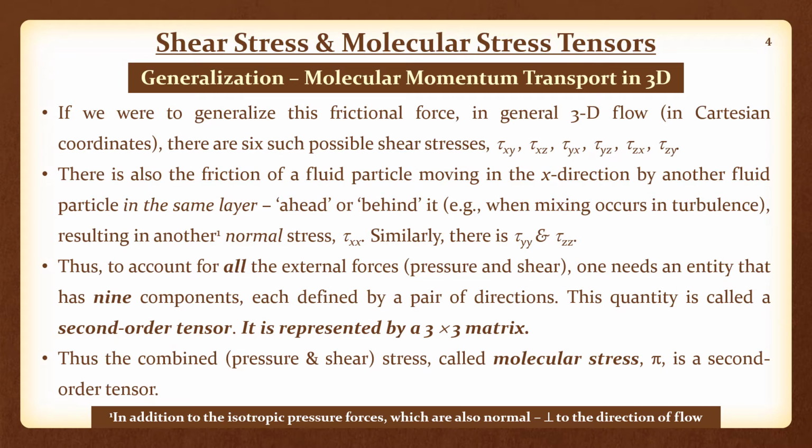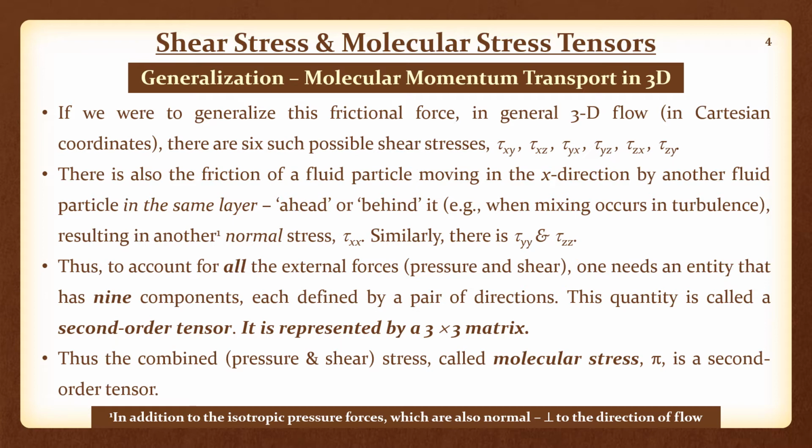There is a line of people standing. The last fellow is pushed, and that fellow in turn pushes everybody, and everybody starts moving. So it is like that. That pressure force from one end of higher pressure to another end of lower pressure is a push, and that is a normal force. In addition to that, there could also be this kind of friction which can cause mixing, which occurs in turbulence. So therefore, in all, there are 9 such tau terms: tau xx, tau yy, tau zz,